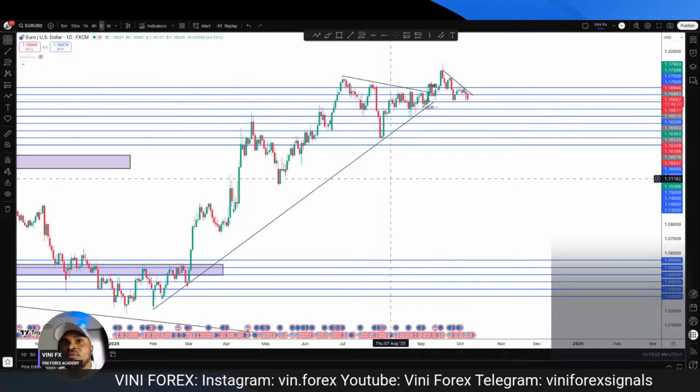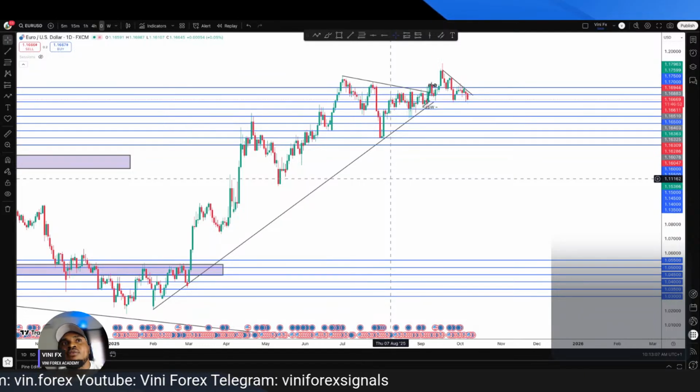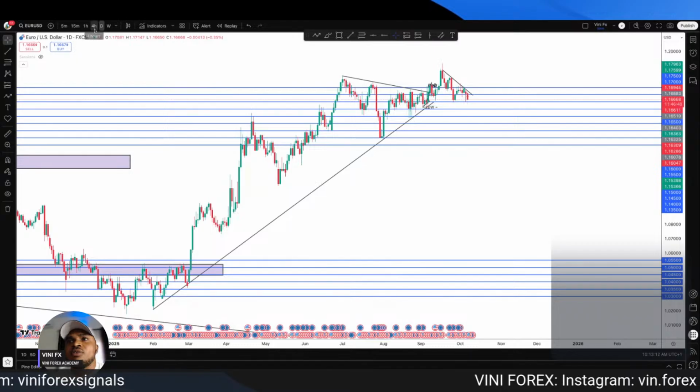Okay, guys, that has been identified that the major trend of EUR/USD from the daily time frame is a strong bullish trend. So from the daily time frame, it has a buying bias. Okay, but now moving down to the 4 hours time frame,